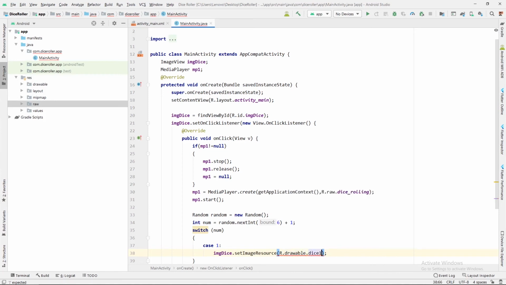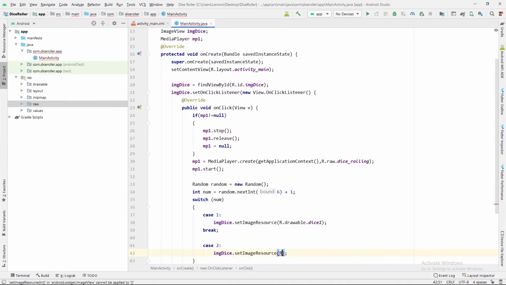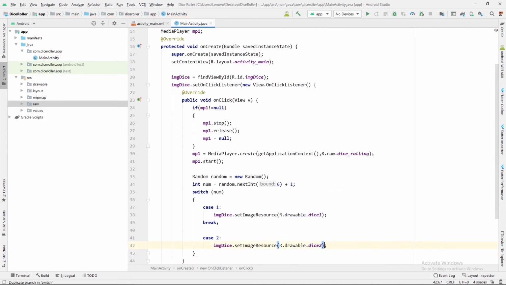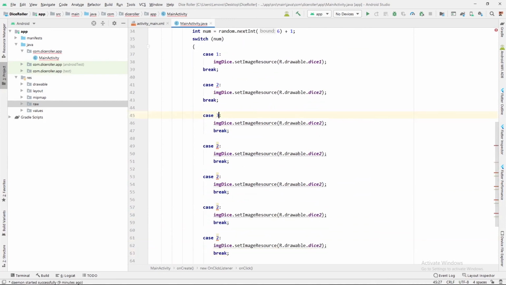So if the number is 1, then it will show this face called dice 1, and similarly for all other faces for case 1, 2, 3, 4, 5 and 6, like this. Let me finish it quickly, and just after this we will run this application.